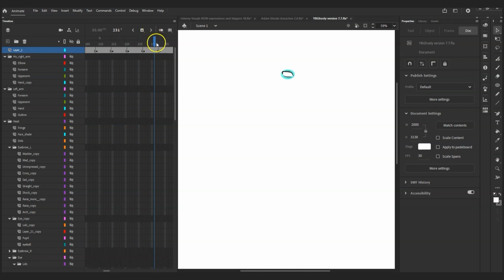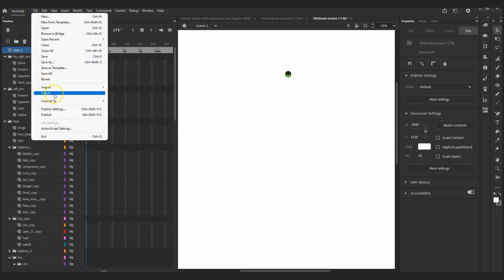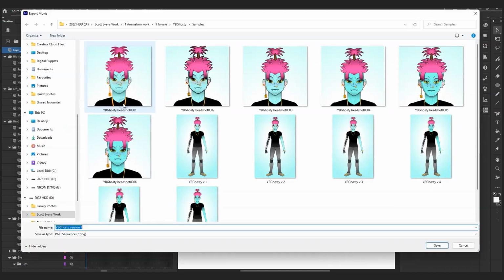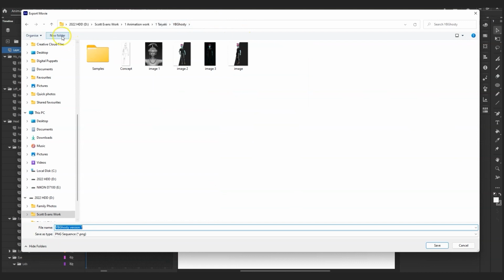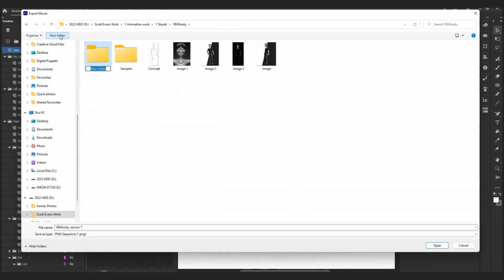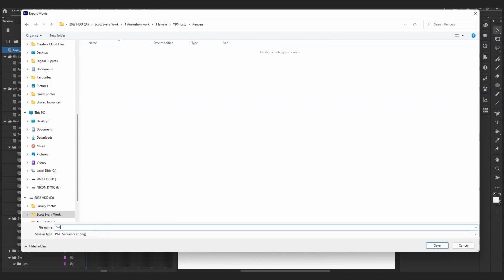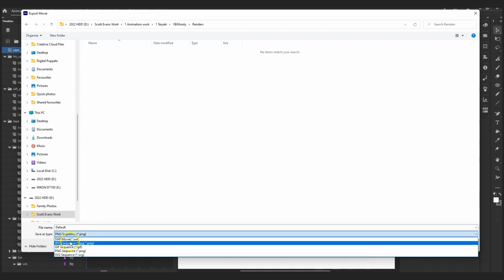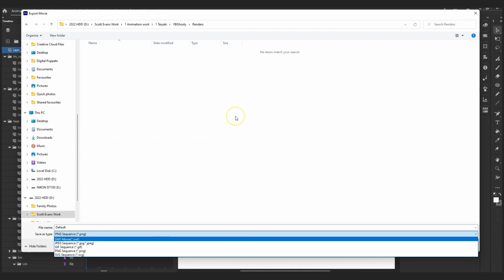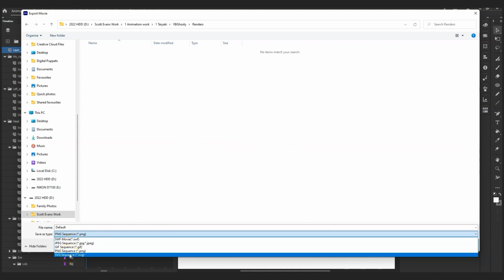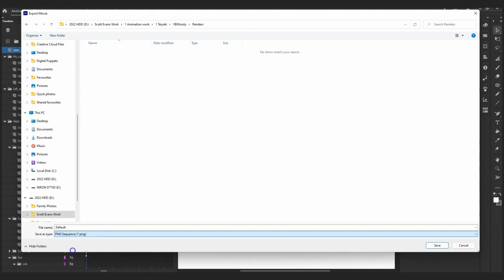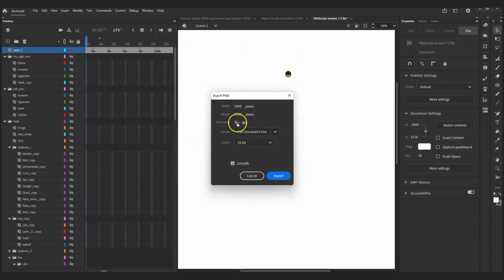So what we do, we go to File, go to Export, go to Export Movie, find your file. So I'm just going to go to Renders, Default, and then literally make sure you've got PNG sequence picked, because if you pick a JPEG sequence you're going to have a white background. If you pick an SVG sequence, it's going to be vector files. Right, so yeah, PNG, go to Save,